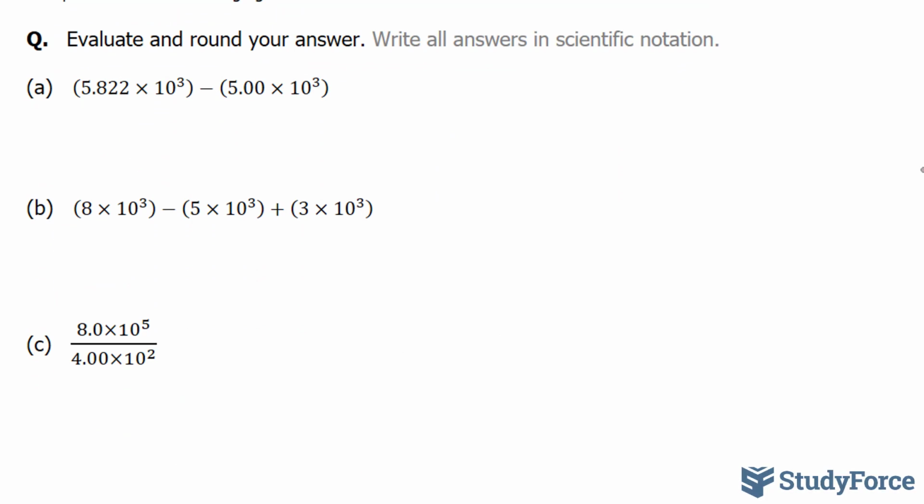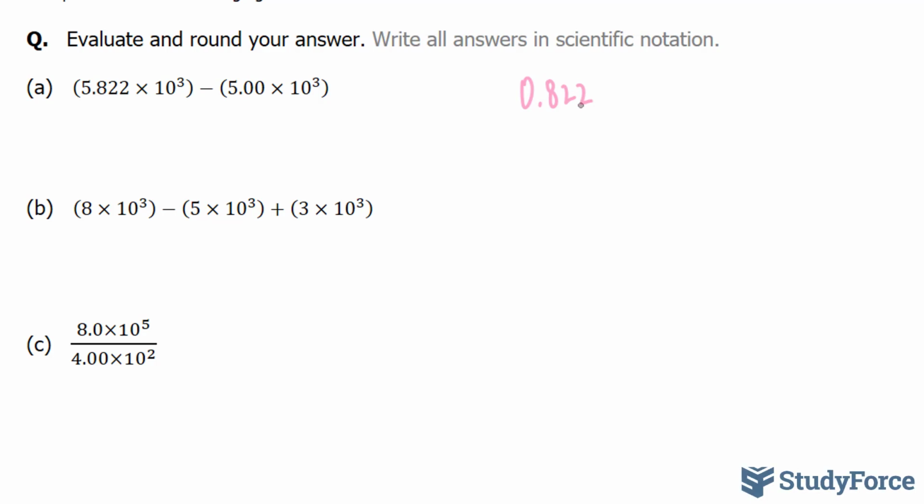in scientific notation. Now you'll notice that we have 2 scientific numbers being subtracted here. And both of the scientific numbers have both the same base and power, 10 to the power of 3. With that being said, all you have to do is subtract these numbers and then keep 10 to the power of 3 the way it is. So subtracting 5.822 minus 5.00, we end up with